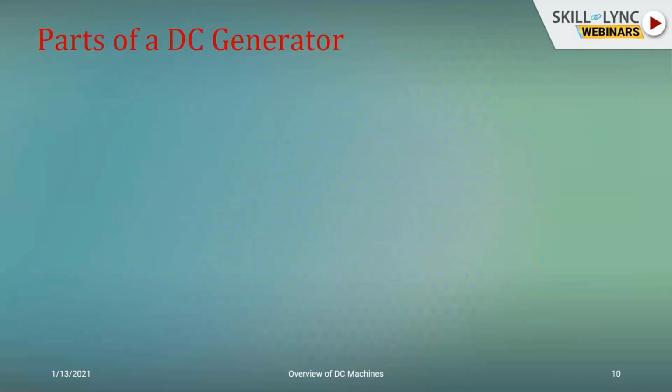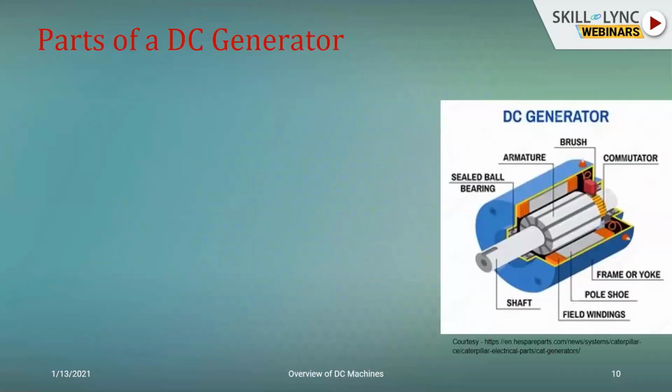Coming to the parts of a DC generator, all of us now know how it works, what is the physics behind it. Now we need to know what are the terms that define its construction. So when it comes to its construction, you need to see what all terms are there. Its basic mechanical frame on which all the other components are built is known as the yoke. The yoke is your basic frame or the outer structure of the electrical generator, the DC generator, which is shown over here.